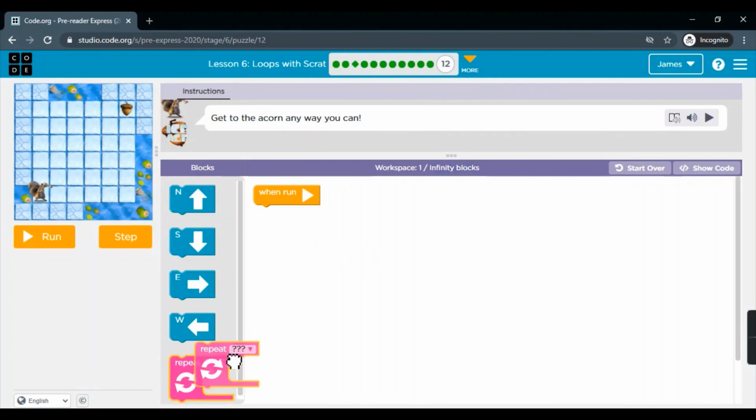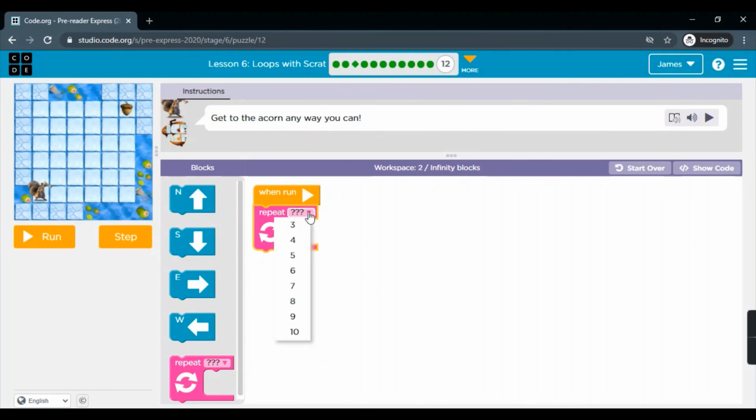So I will do it in a zigzag manner, that is one time east and then north, and the same pattern I need to repeat: east, north, east, north, east, north, east, north, east, north, that is for 5 times.